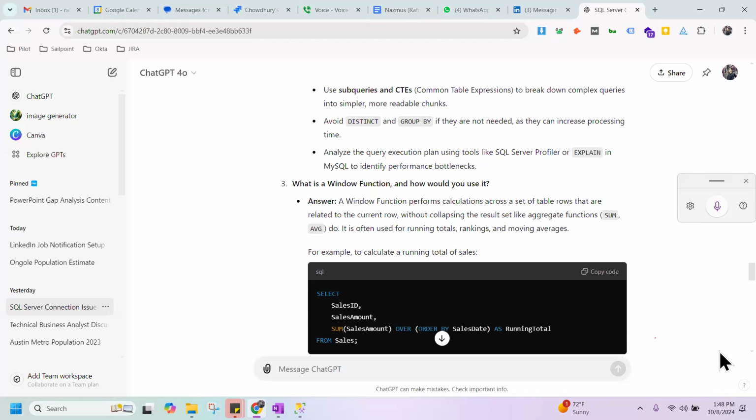So a window function performs calculation across a set of table data related to the current row without collapsing the rows, like aggregate does. It is often used for running totals, ranking, and